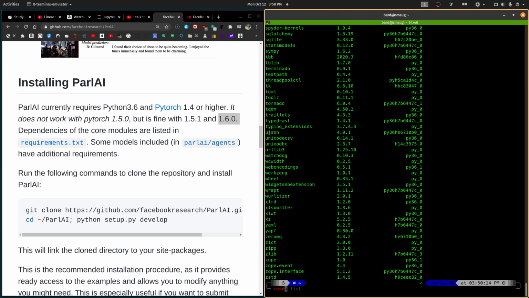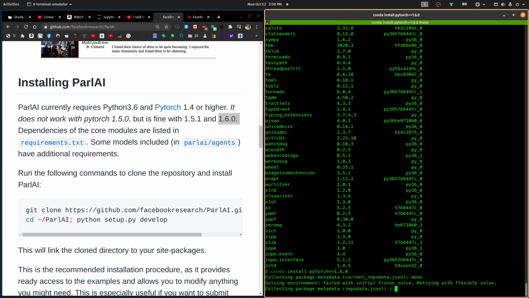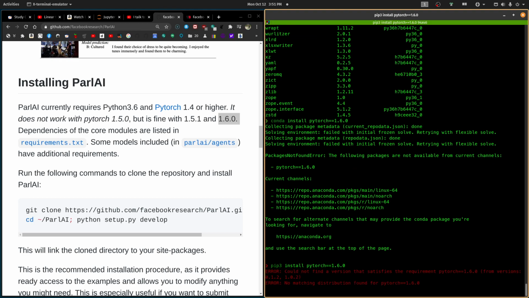So let's do a conda install PyTorch equal 1.6.0. And it's not there. Can't find it. All right. So that means instead of conda, we need to do a pip3 install.